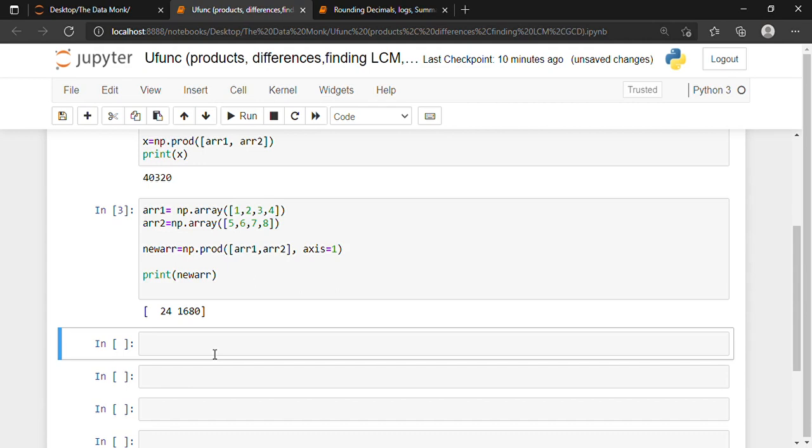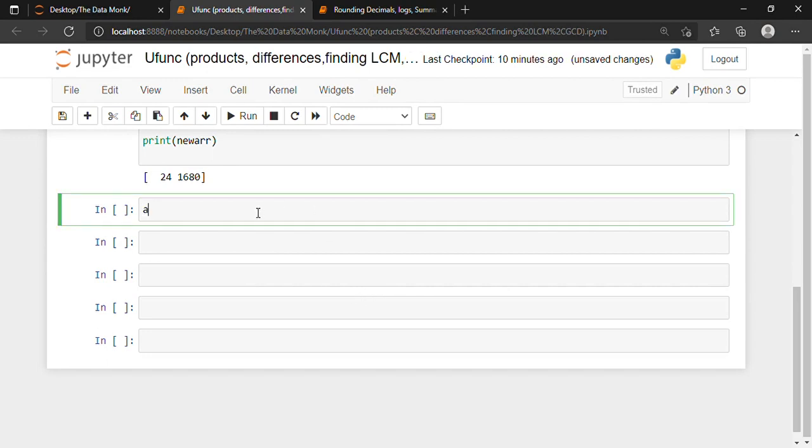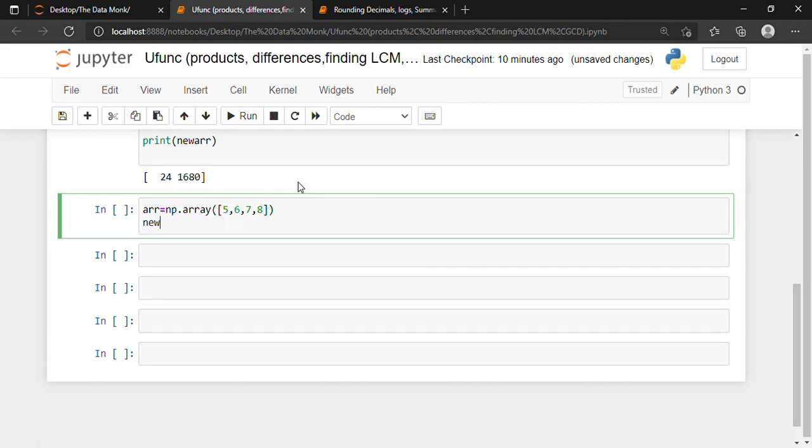So let us take a different array and I'll write the lines of code and show it to you so it will become clearer. Let's say that I want to take a new array. arr is equal to np.array, and inside I'll take a bunch of elements 5, 6, 7, 8. I've taken a bunch of elements and I want to find the cumulative product of these elements. So new array is equal to np.cumprod,